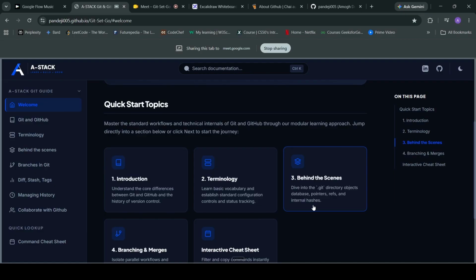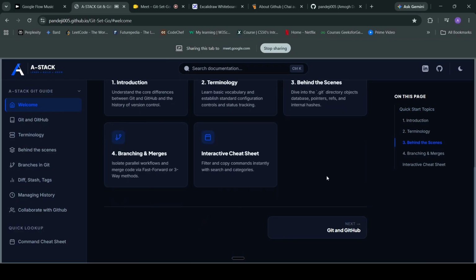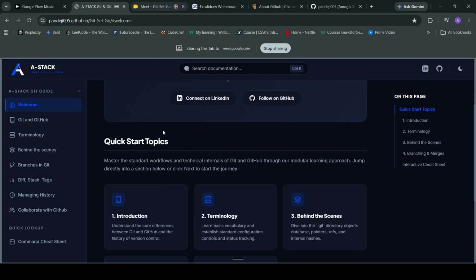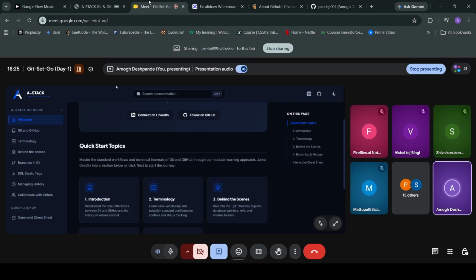Documentations are very detailed, and you need not read the whole documentation. With this, you can also get an idea of how to use documentation for your learning. With the help of documentation, I'll teach you guys. Is it okay? Okay, let's go.